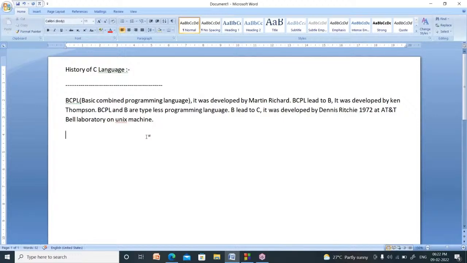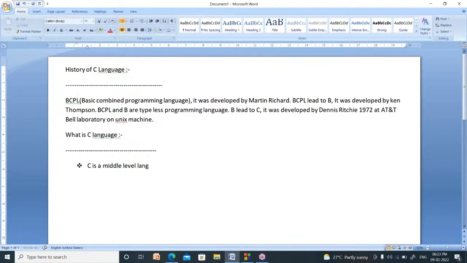Now, what is C language? C is a middle level language.